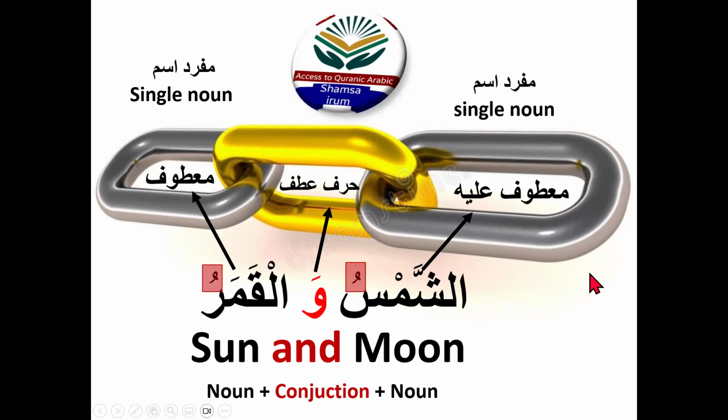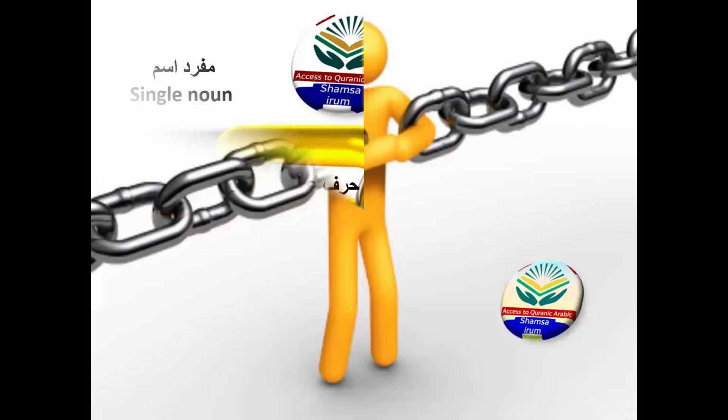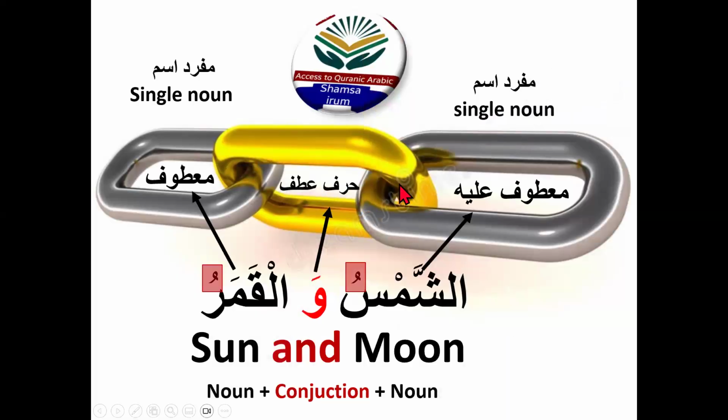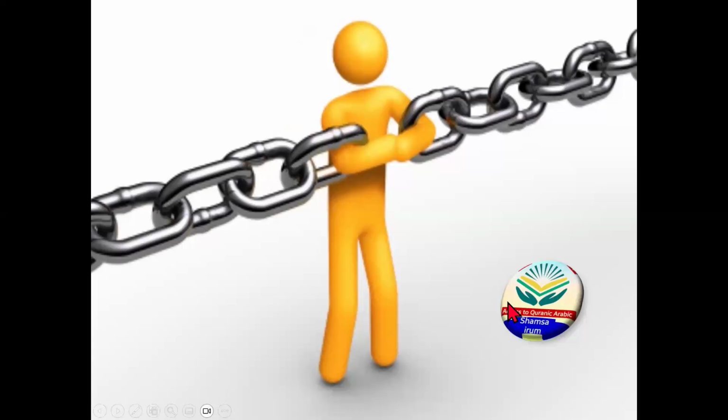Why am I emphasizing the noun? Because now we will move towards the phrase and then sentences. Okay, I will move back. Look at this. In this picture, there is only one chain before and after the golden one in the middle, meaning a single noun. But this chain can be bigger. Look at this chain. There is a bigger chain now. In the middle there is a harful atf, and before the harful atf, the chain is big. It's not a single noun. It is a big chain. It means it can be a murakkab or it can be a big sentence.